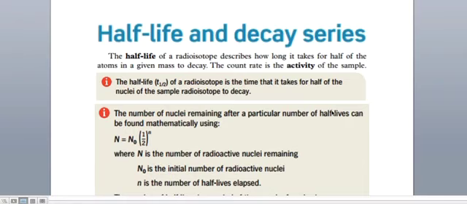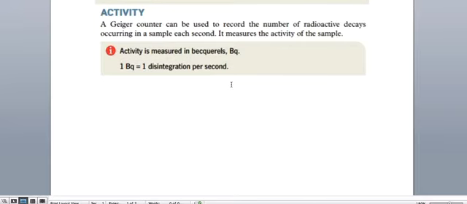So I'm going to quickly talk to you about half-life and decay series. A half-life is how long it takes for half of the atoms in a given mass to decay. And we count that in activity. Activity is measured in becquerels, named after the physicist Becquerel. A Geiger counter is used to measure activity. 1 becquerel is 1 disintegration per second, and there's a video in this lesson about what a Geiger counter is